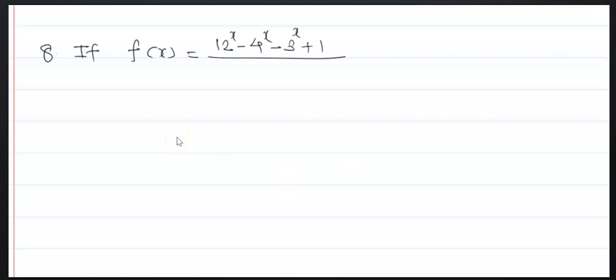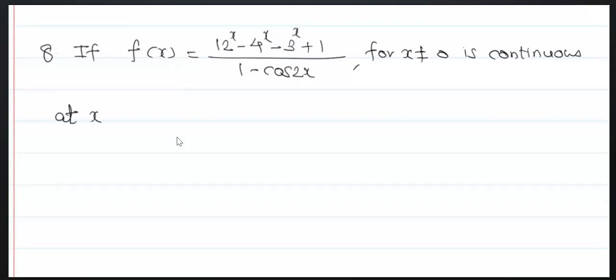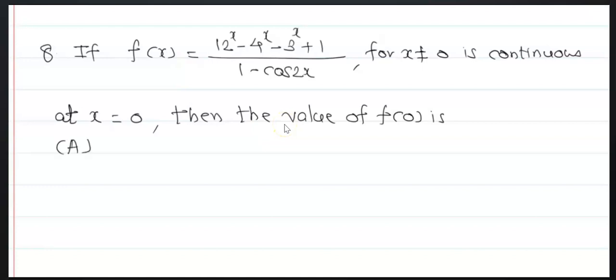If f of x is equal to (12 raised to x minus 4 raised to x minus 3 raised to x plus 1) upon (1 minus cos of 2x) for x not equal to 0, is continuous at x equal to 0, then the value of f of 0 is,